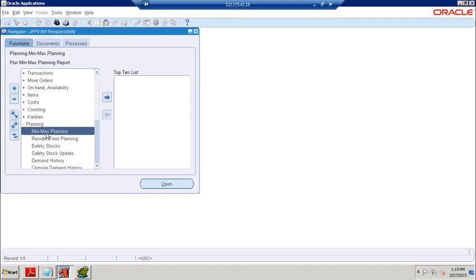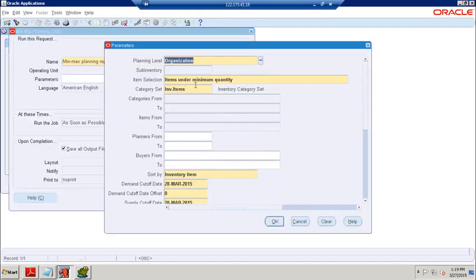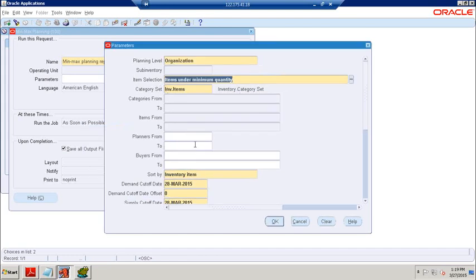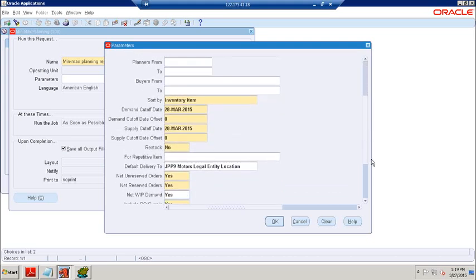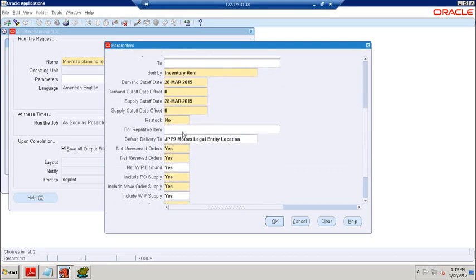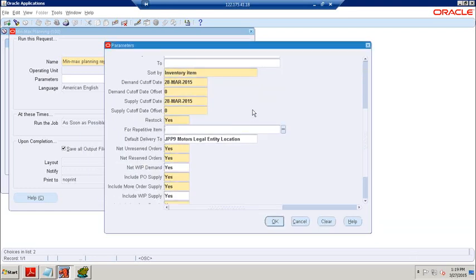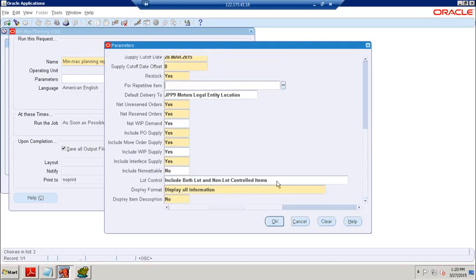Okay, then click on this min-max planning. Here it is going to ask us for the planning level: organization level or subinventory level. Organization level, right? So here I am going to specify everything. Restock, we are going to specify yes, we want to restock it. Okay, and default delivery, legal entity, so yes, everything will be as is.